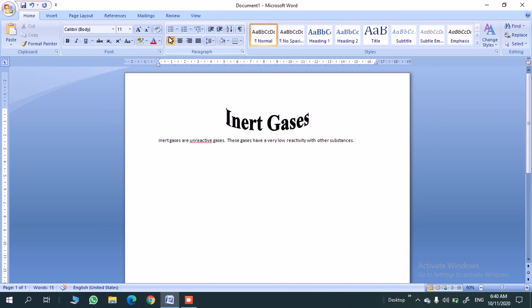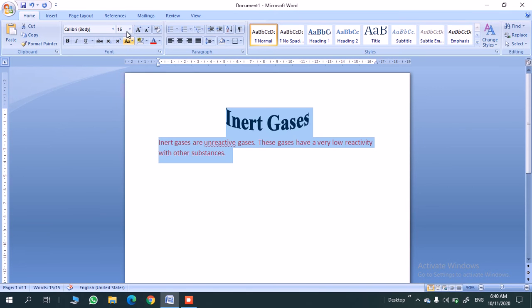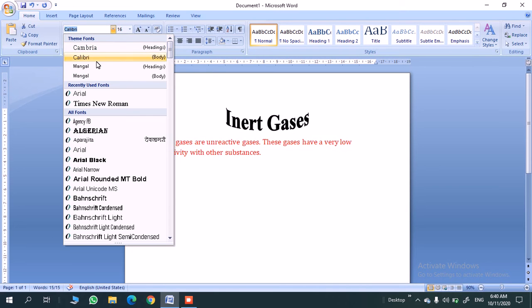I'm just now showing you. We have to give red color for the fonts. We have to choose font size 16, and you can also add your favorite font.